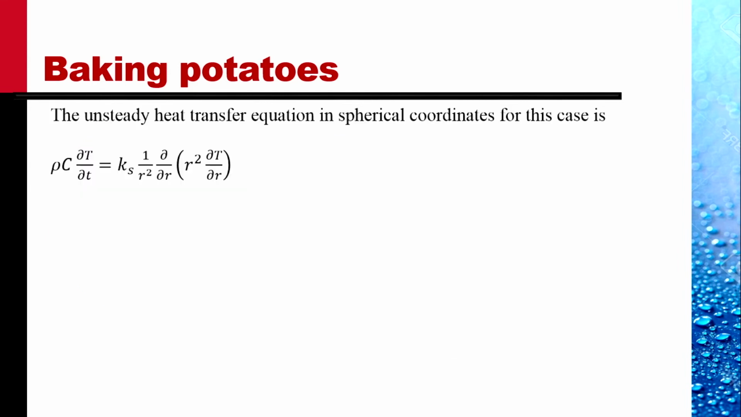The unsteady heat transfer equation in spherical coordinates that you would have studied in a course in heat transfer is this. This term represents the heat that increases, or the quantity of thermal energy that increases within the potato, and this represents the heat that is being conducted at the surface of the potato into the potato mass. This equation is to be solved